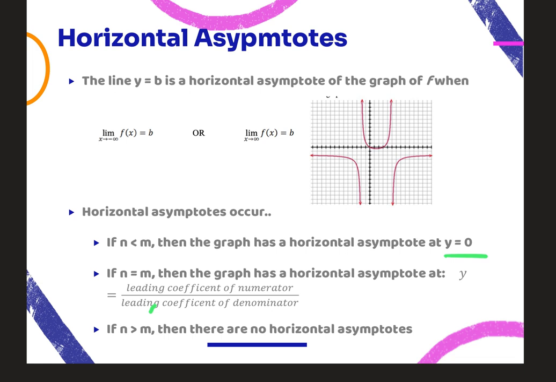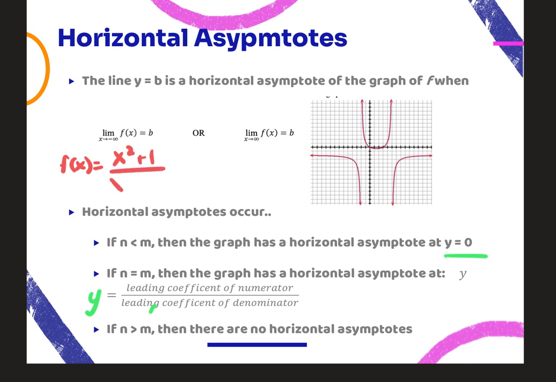If the exponent on the numerator is the same as the denominator, then it is y equals the leading coefficient of the numerator over the leading coefficient of the denominator. And if the exponent in the top is greater than the exponent in the bottom, then there are no horizontal asymptotes. So if I had f of x equals x to the second plus 1 over x to the second,